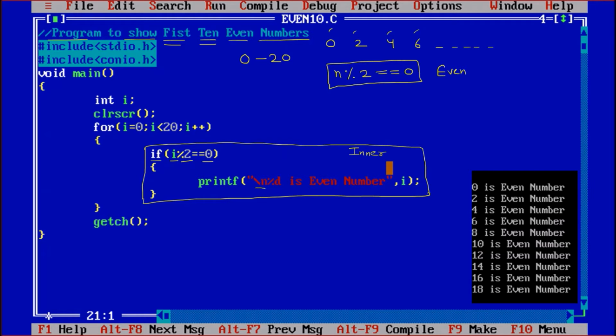Percentage d means I am printing that number, let us suppose 2, 4, whatever the even number is, and the value of I will be given to this %d. Means if the number 2 is entered, then 2 is even, 4 is even. This way the output will come. So that is the inner body.